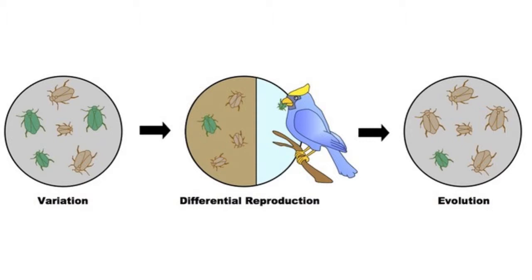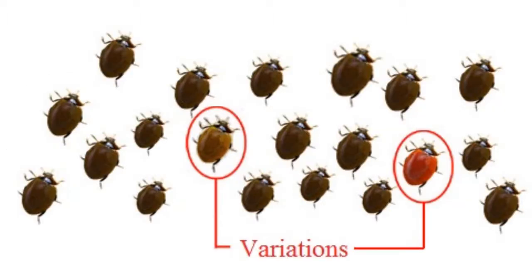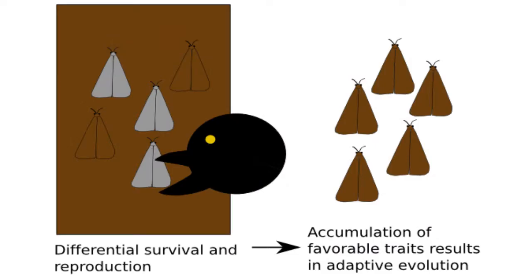This means that having specific traits can affect an organism's differential reproductive success. Differential reproduction is the idea that those organisms best adapted to a given environment will be more likely to survive to reproductive age and produce viable offspring. That is, their fitness. To be more specific, variations are present between organisms of a population, and environmental pressures will select or favor some organisms over others based on those variations. Over time, this leads to a higher frequency of that advantageous variation in the population.